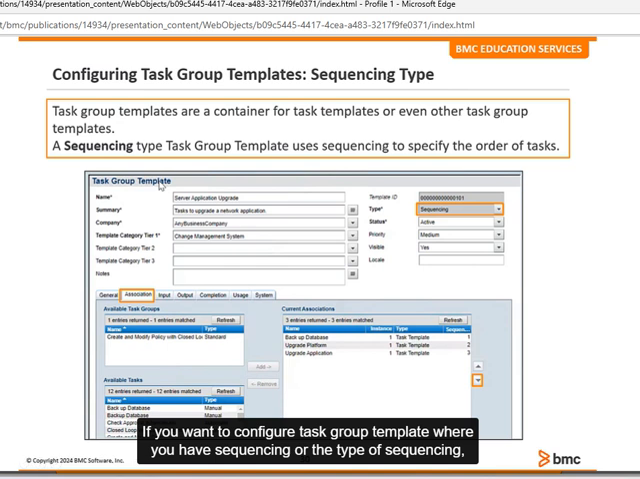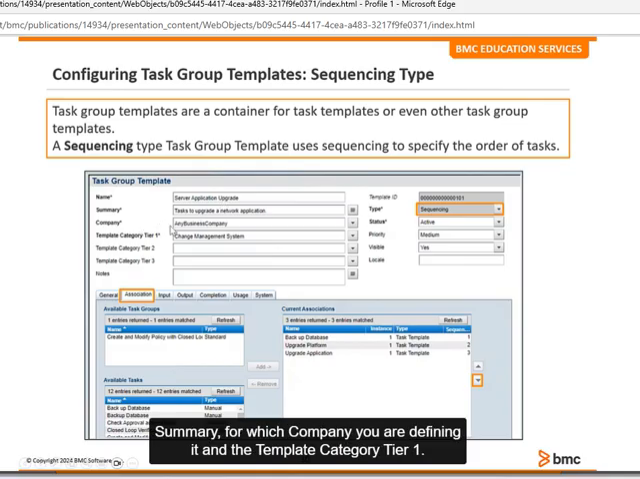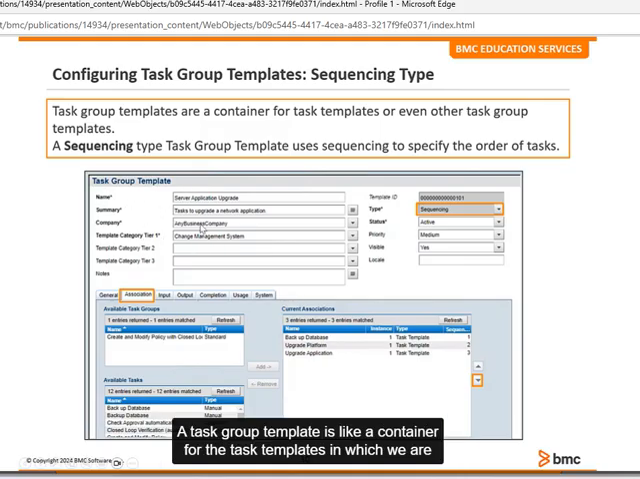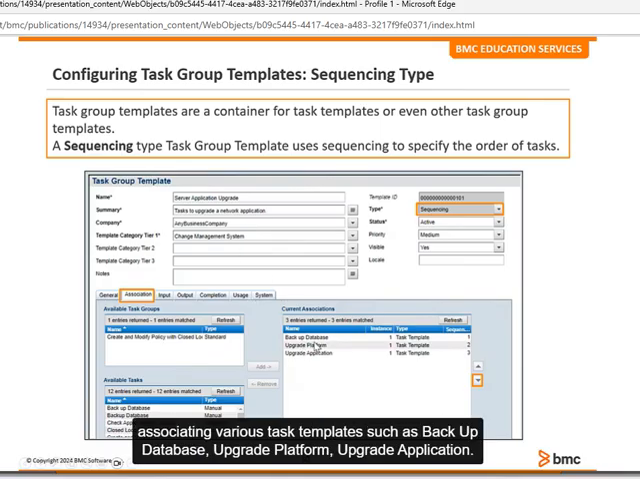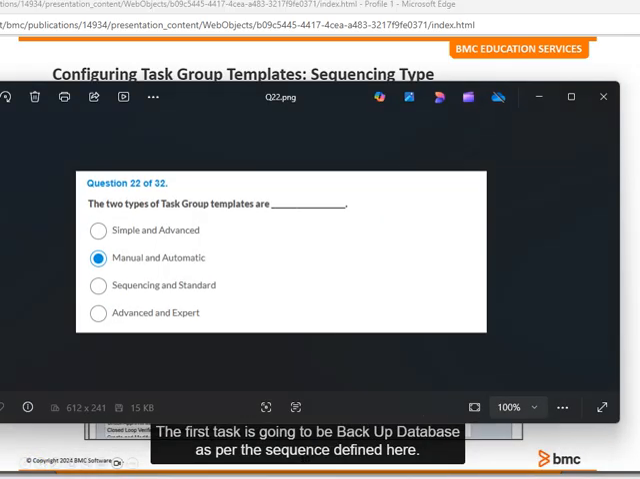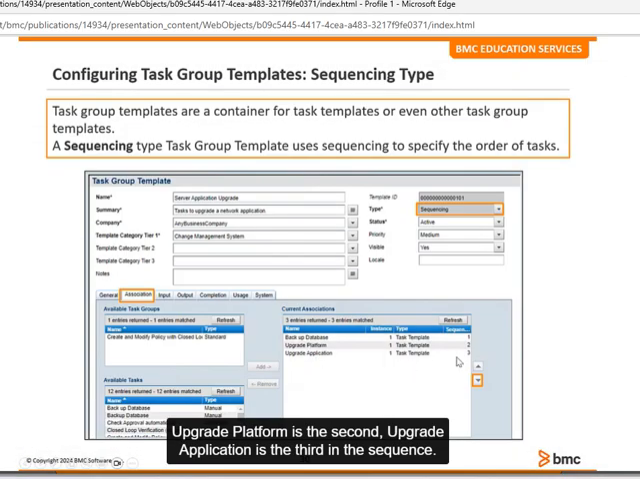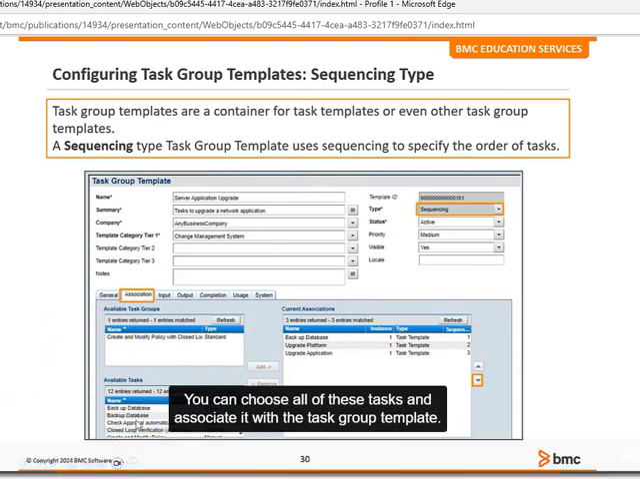If you want to configure a task group template where you have sequencing or the type of sequencing, then you have to go to the task group form, define the name, server application upgrade, summary, for which company you're defining it, and the template category tier 1. A task group template is like a container for the task templates in which we are associating various task templates such as backup database, upgrade platform, upgrade application. The first task is going to be backup database as per the sequence defined here. Upgrade platform is the second, upgrade application is the third in the sequence. You can choose all